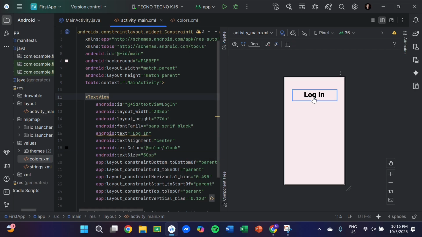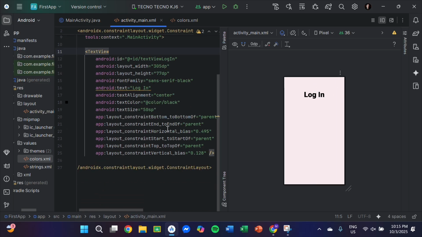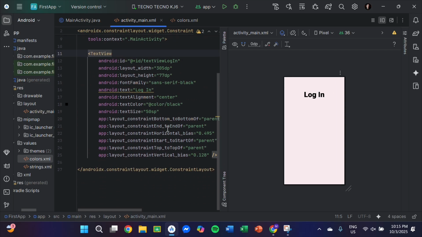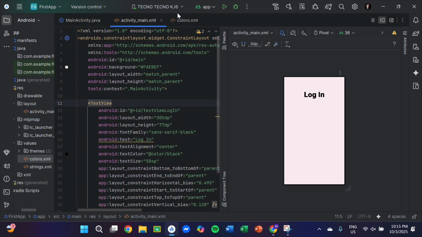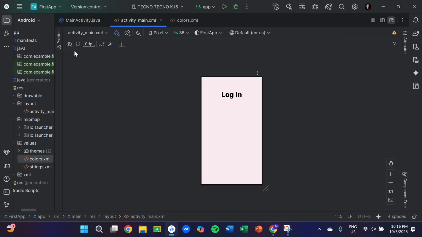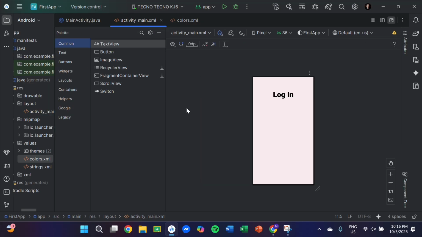Okay, after that, we are now going to start making our login screen. Now let's go to the design view. Since we're making a login screen, the main components that we would use are the username, password, and the button for login.